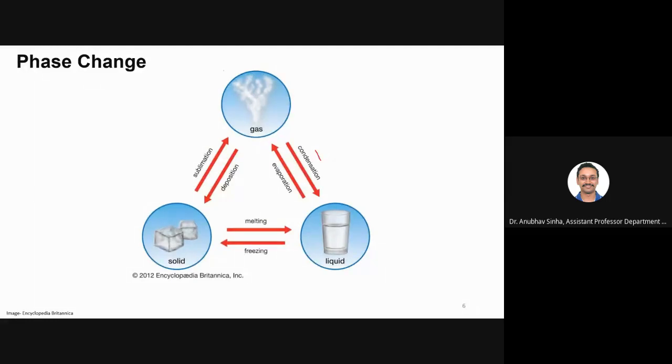So what do we need? For example, we start with solid water, then we need to add latent heat of fusion. When you add latent heat of fusion, it could become liquid. Or from a liquid, if you remove that heat, it becomes solid again. Okay, so this is the barrier between liquid and solid phases: you need to either add or remove latent heat of fusion, or whatever melting you want to do.